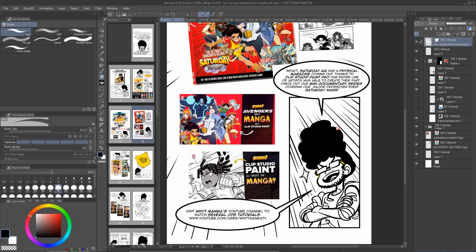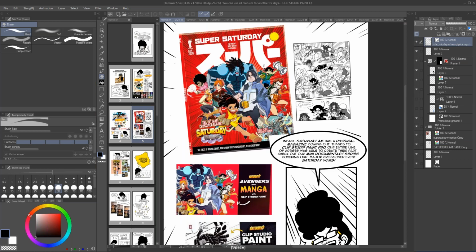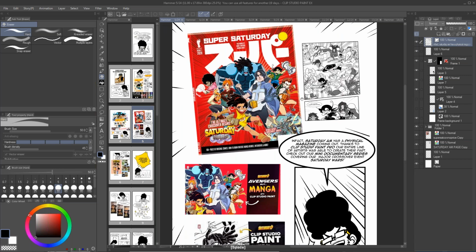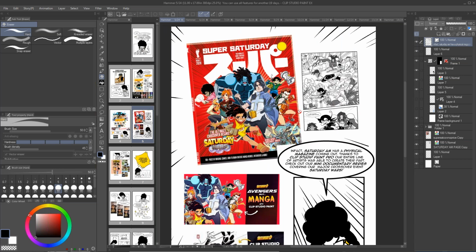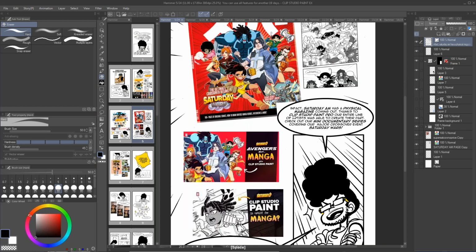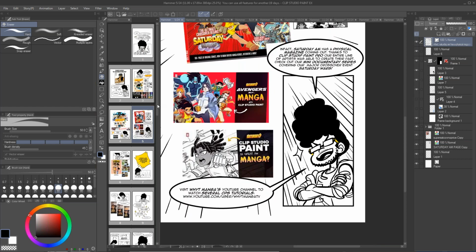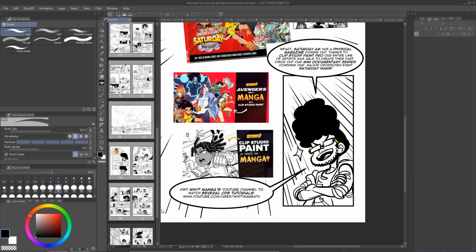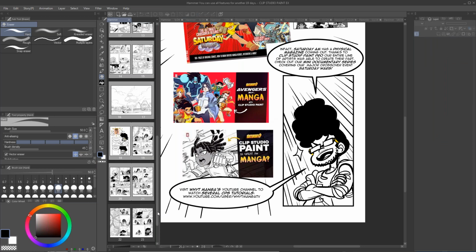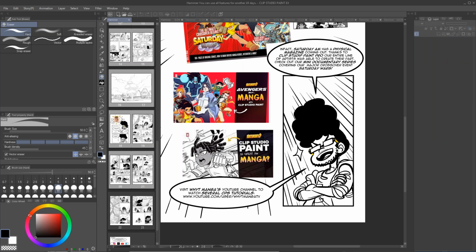This is what all of us inside of Saturday AM use: Clip Studio Paint. It's an amazing product, and if you're a comic book artist, this is definitely what you need to have. There are so many awesome things about it, and I really hope that you guys will enjoy all of those videos.